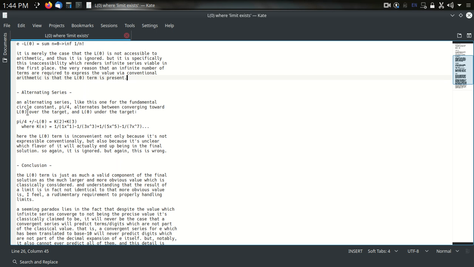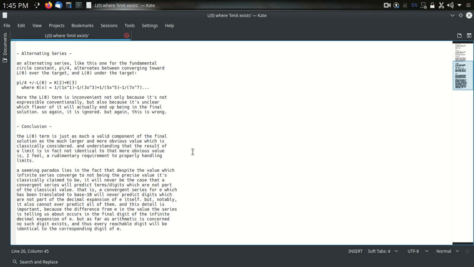But it's also never going to hit pi on 4. It's actually never even going to hit pi on 4 plus L naught or pi on 4 minus L naught. It's never going to reach either of those. That's what it's converging towards. It's converging towards an oscillation between plus or minus L naught from pi on 4. That, and the specific nature of that instability, is actually, I think, much more interesting than if it was just oscillating around pi on 4.